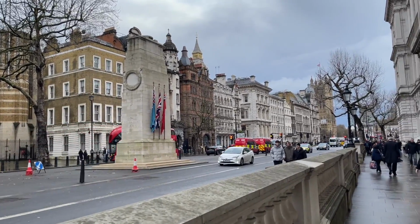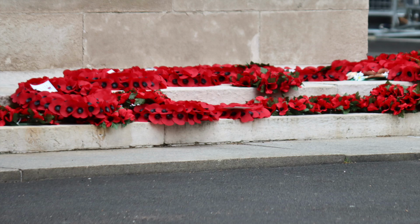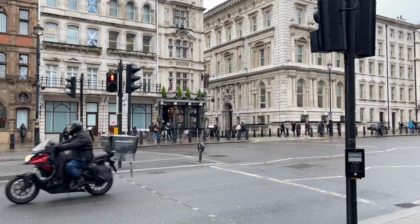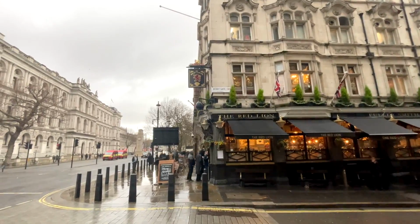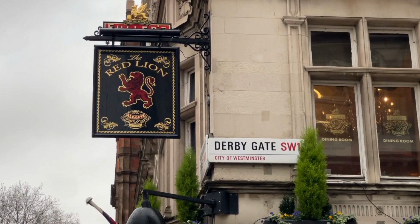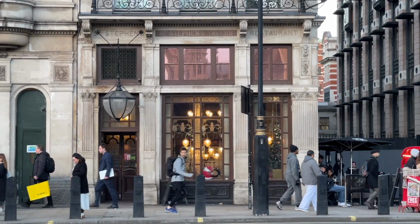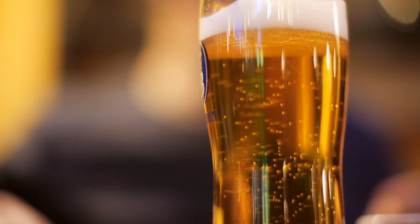Make your way toward Big Ben, passing the cenotaph, the monument to those who died defending the United Kingdom and the Commonwealth in war. There are a couple of pubs as you make your way back toward the Westminster Tube Station. The Red Lion is just up from the cenotaph, and St. Stephen's is closest to the station. Its location makes it often crowded, but it hits the spot if you need fish and chips or a pint